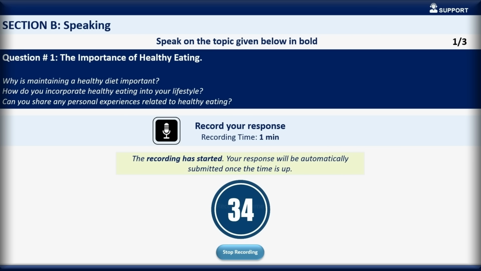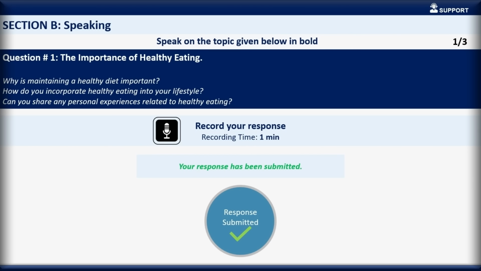Whenever I'm at home, I always try to eat meals that are freshly cooked. I always do my best to stay away from junk food as much as possible. Since the time I have started eating healthy food, I noticed that I had more energy throughout the day. Earlier, I used to get tired a lot, but now I feel much more active and can concentrate better on anything I do. This change has really helped me, and I even tell my friends and family members to eat healthy food. After all, our body is like our best friend. It is our responsibility to take